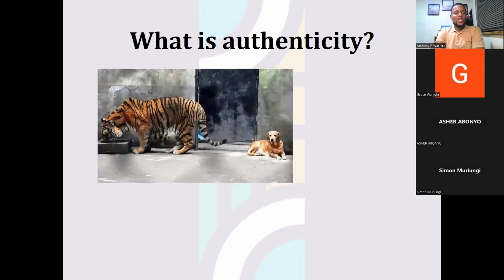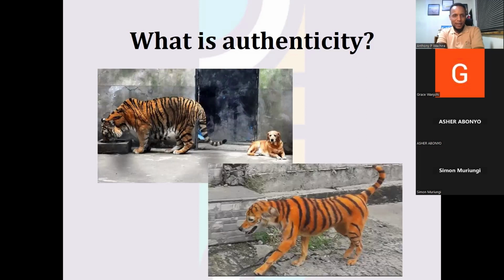So we have a picture of a dog looking at the tiger there. And this dog decided that it wanted to be a tiger, and it went and got itself painted, thinking that it would become a tiger. And this is inauthenticity at its best, because the dog is a canine, the tiger is a cat, they are different species. Painting it, no matter what you do, it will not become a tiger. In our countryside, we call dogs tiger. That doesn't change it. We want it to sound tough, we want it to feel tough, but it doesn't change what the dog is. The dog is really a dog. And in fact, this is a mongrel.